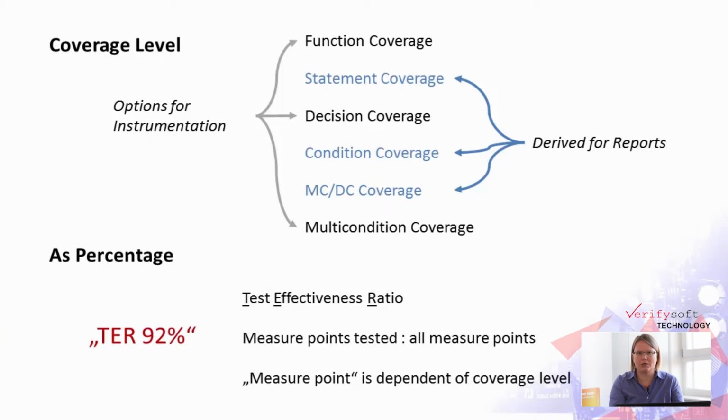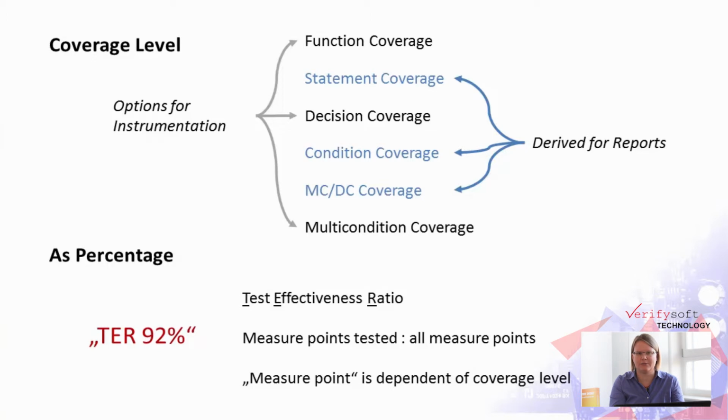When you're reading the safety standards, then they always talk about 100% coverage, about full coverage. But in a tool or if you work on a project, it is important to have something in between 0 and 1, or 0 and 100%. So the coverage is typically measured as a percentage. And we measure a ratio between the measure points that were actually tested and all measure points that should have been tested. And this ratio is given as test effectiveness ratio in